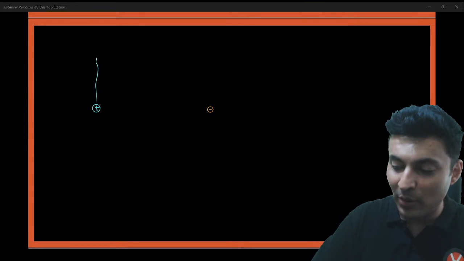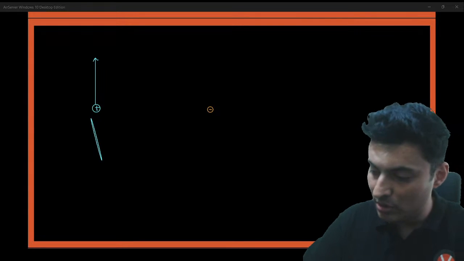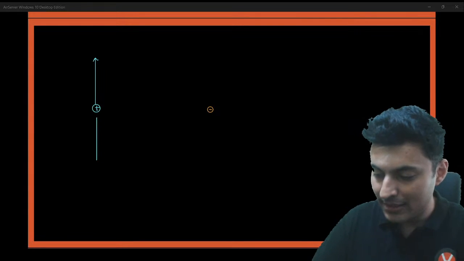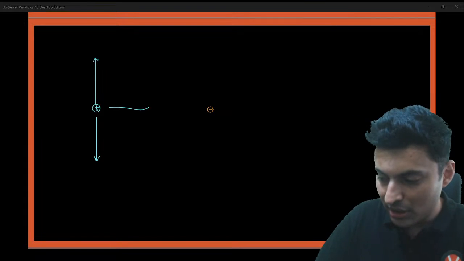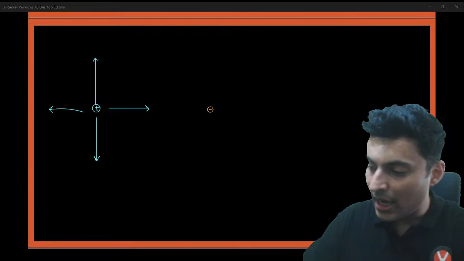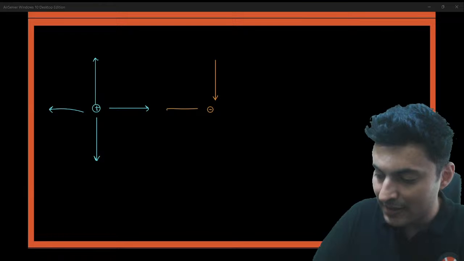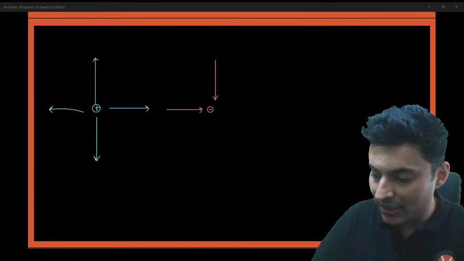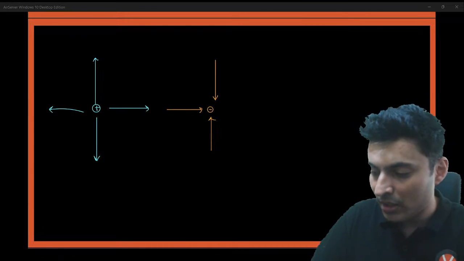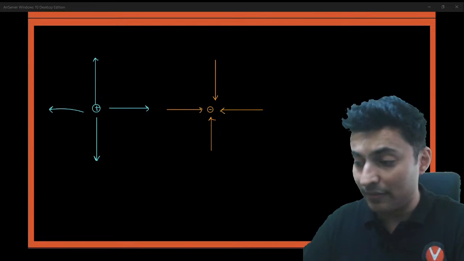You should know how the field lines and potential lines look like for different sets of charges. Starting off with positive charges and negative charges separately. So here we take a unit positive charge, and here we take a unit negative charge. From a positive charge we know that the electric field lines go out. And on a negative charge, the electric field lines terminate something like this. These are the field lines.